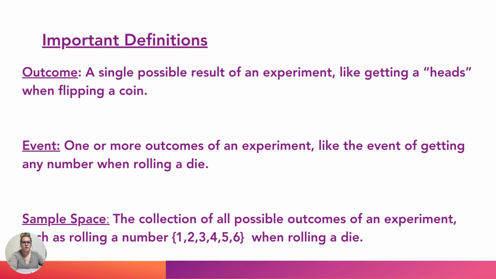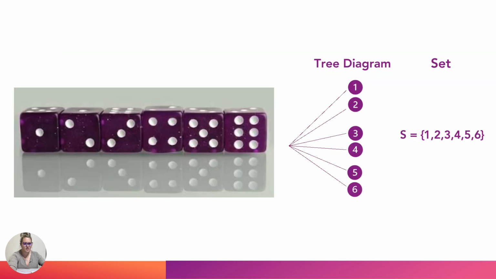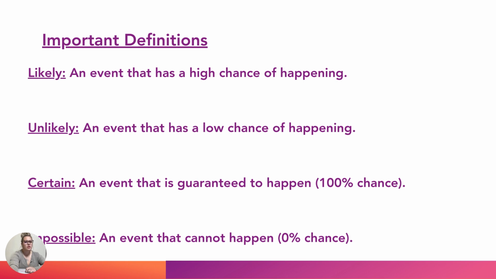To explain a little bit more about the sample space, it is just showing you all of the possible outcomes and breaking it down. So here it shows you every single number on one dice. So the tree diagram is breaking down for you that on one dice, these are all of the possible outcomes, or the set. The other definitions are